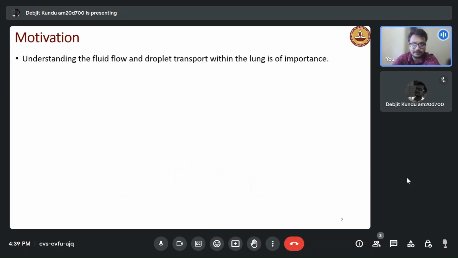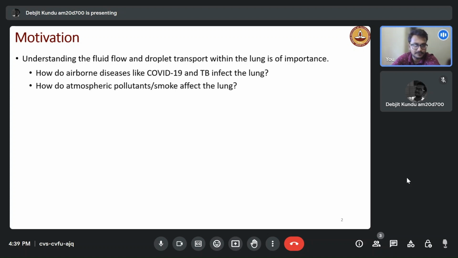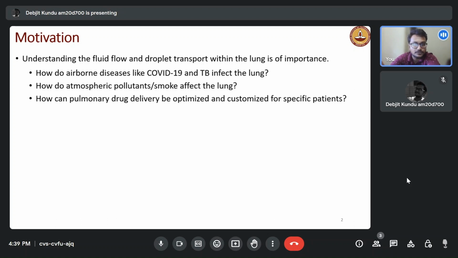Now, understanding the physics of fluid flow and particle transport in the lung is required for answering questions like how do airborne diseases like COVID-19 infect our lung? How do atmospheric pollutants affect our health? And on a more constructive note, how can pulmonary drug delivery be optimized and customized for specific patients from an